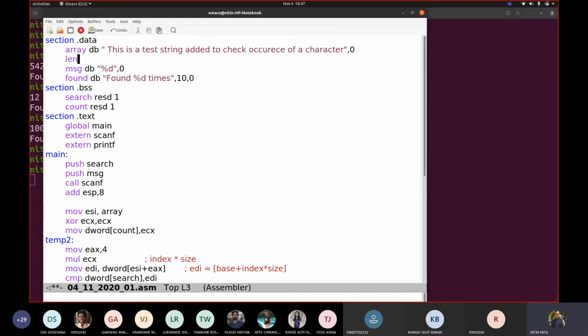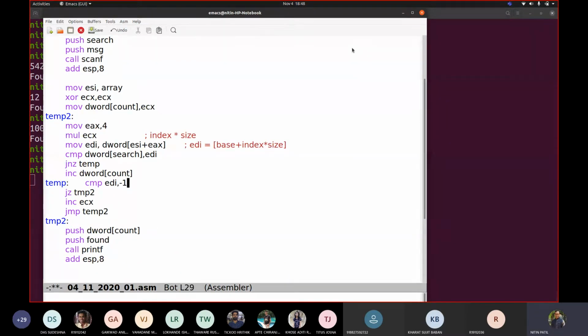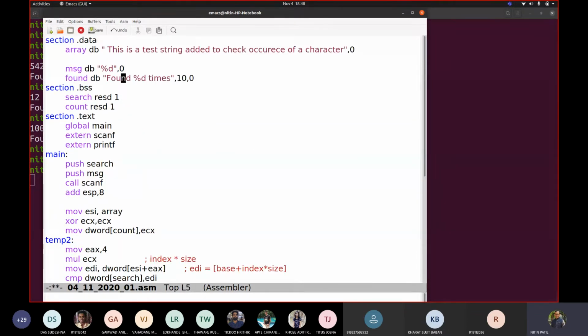Length, so no need to take that length. Here we want to end it with 0. So wherever we wrote -1, we will change it to 0. Okay, we have to make changes below. So let us work it out. We want this to be %C. We want the search item to be %B. Correct. So at least we got that.